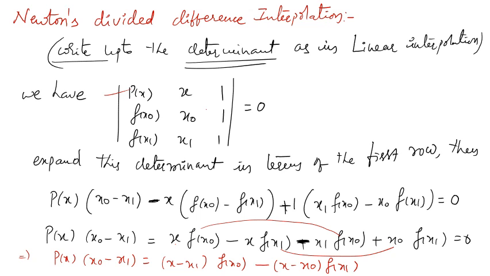Okay, then what I'm getting, this 1 into, right, okay, minus x into, right, so this value is by this one, then I have to get cancel these terms, f of x naught plus, okay, now